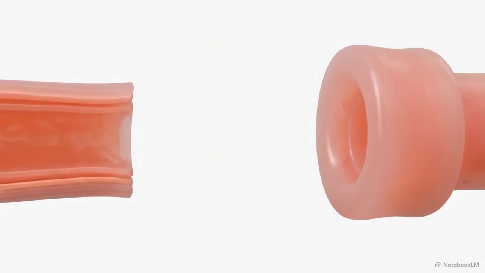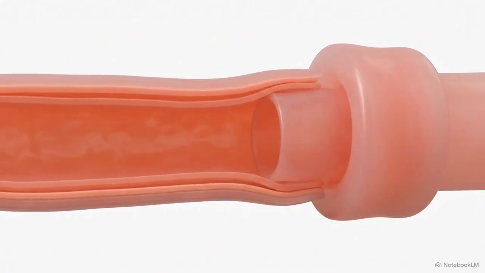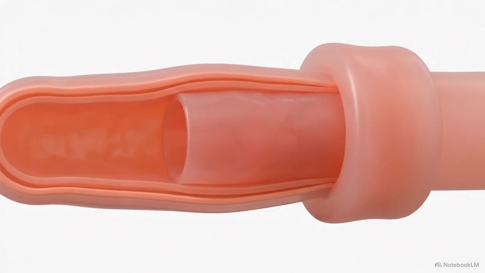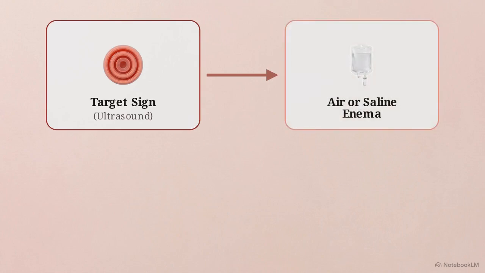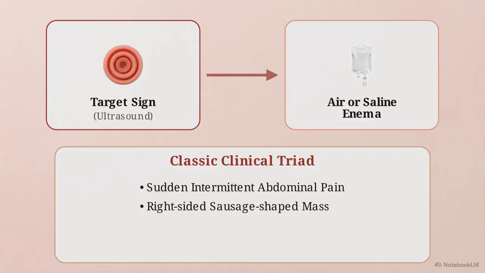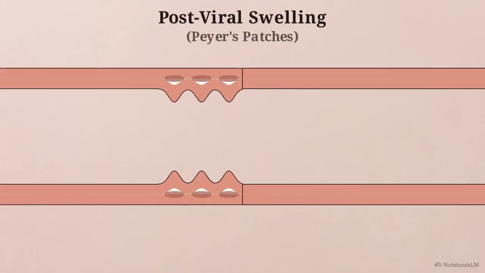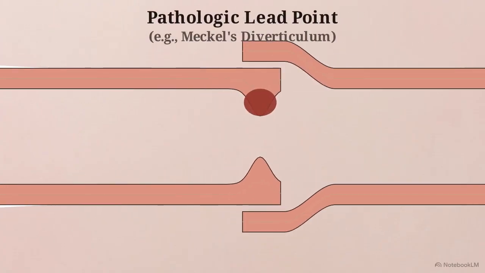The primary concern is intussusception, where one bowel segment telescopes into an adjacent segment, most often at the ileocecal junction. This diagram shows the target sign on ultrasound and the corresponding treatment, reduction using an air or saline enema. This ultrasound is indicated when a toddler presents with sudden intermittent abdominal pain, a right-sided sausage-shaped mass, and currant jelly stools. This telescoping is often triggered by post-viral hypertrophy of Peyer's patches, but it can also be caused by a